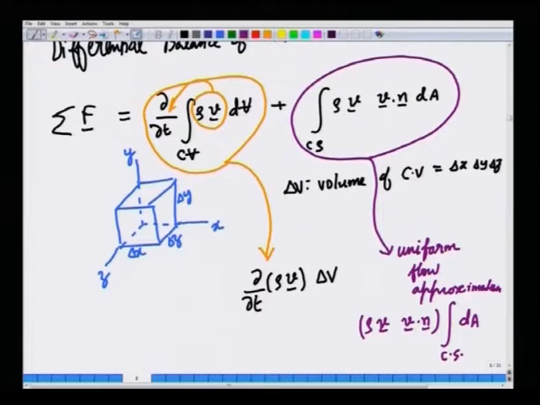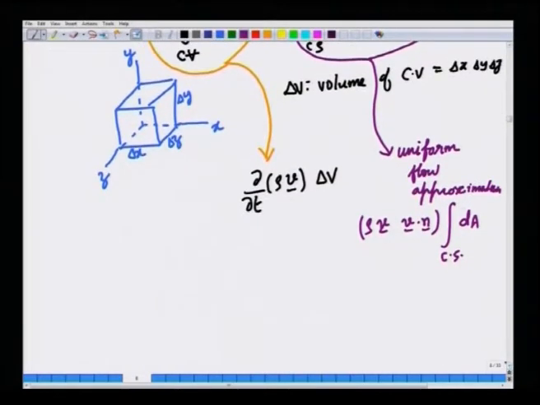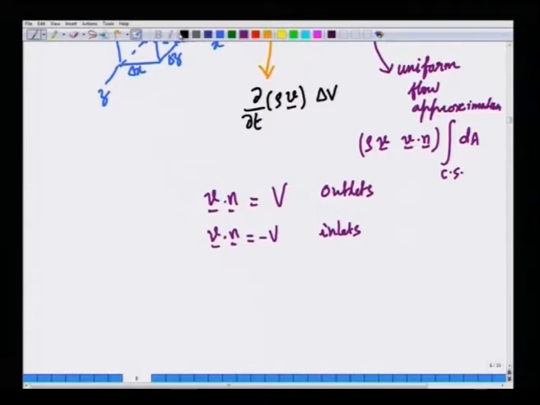Now, we also know that v dot n is plus v for outlets and minus v for inlets. Using this, we can write this equation as